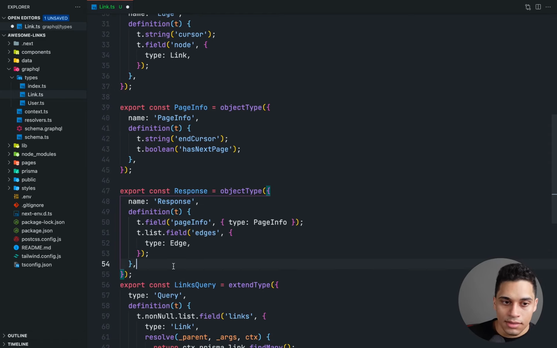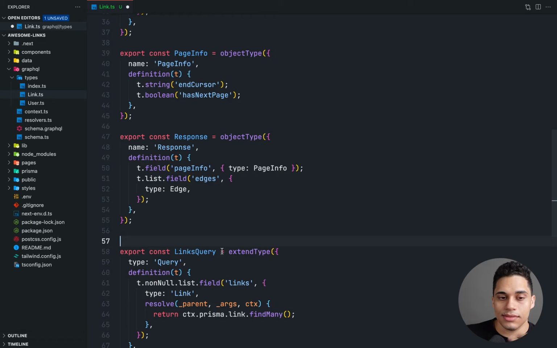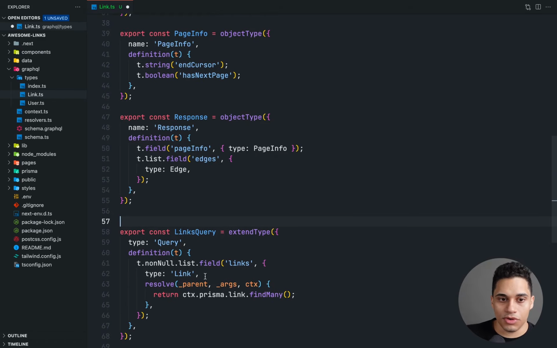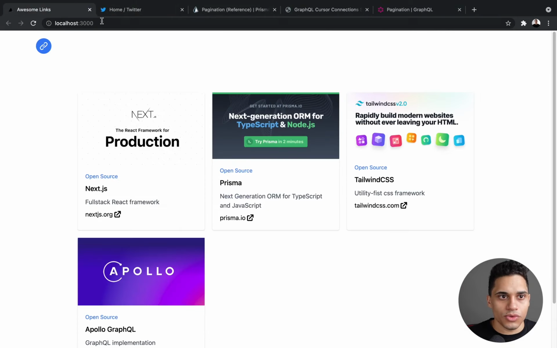So when doing pagination, like in this links query, so far what we're doing is we're returning the link type. But what we're going to do is instead of returning a link, we're going to return a response object. And this response object contains 2 things: a page info field, which is of type page info, and it also contains a list, so it's an array, and this array is of type edge. So we'll have a field called edges, and this edges field is going to be an array of type edge. So actually, if we hit save and the app is still running, and we go to localhost 3000